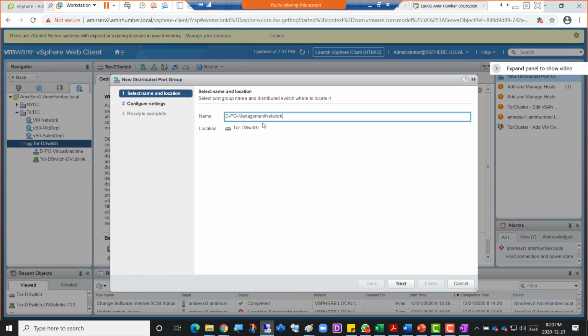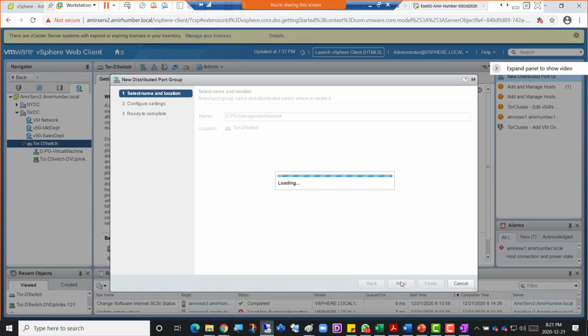What does it do? This management network, right now it's not going to do anything. When we migrate it away from the two hypervisors, it's going to handle our remote connectivity to the two hypervisors. If anything goes wrong while migrating this VM kernel adapter management network, then we won't be able to connect to the two hosts. So everything has to work perfectly, right? So D-PG-management network is written there. I'm going to click next here, and